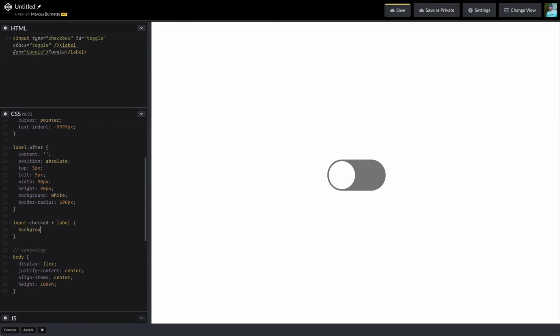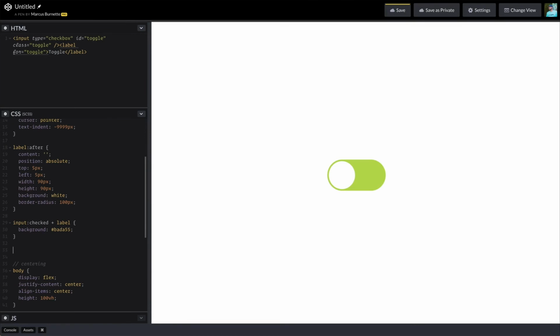and change the background, and you can change this to whatever color you want, but I like this shade of green. And so now you can see that when it's checked, the background changes to green, but we haven't moved this toggle switch yet. But already we can see that that's doing something when I click on it. So let's leave that, and we will go ahead and toss this toggle to the other side here once it's